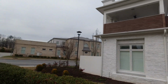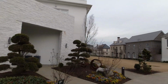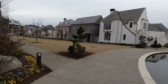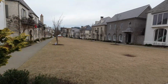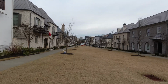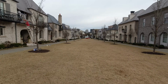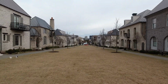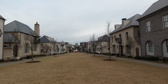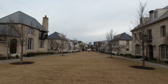Look at this. So they're all very unique in terms of their design. And then check this out. This is like the courtyard area. I'm just going to walk straight down the grass. And in that little house right there is Santa Claus. Our kids have already been there and taken pictures and done all that stuff. All the way at the other end, that's Hotel Avalon,